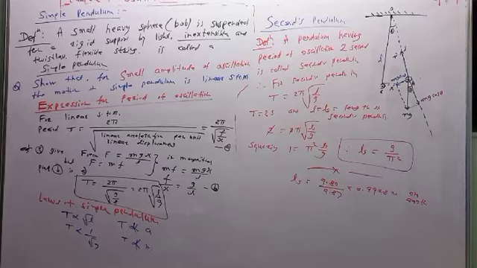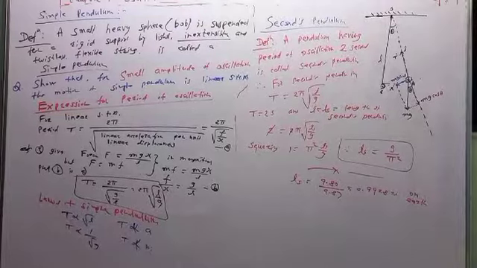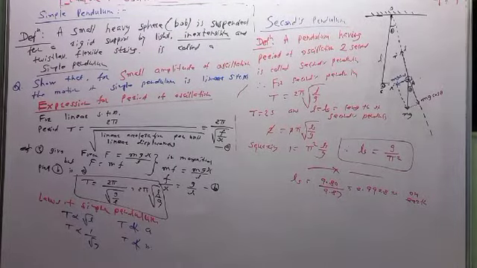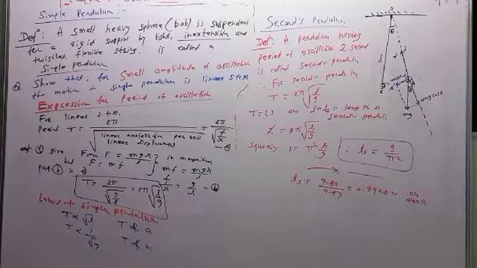So this is about the application of linear SHM as a simple pendulum. So for the simple pendulum, the motion is linear SHM. All the properties of linear SHM are verified. It is oscillatory motion, it is periodic motion. Period is given by 2 pi multiplied by under root L by g. Motion along a straight line like this. So all these properties are verified, and therefore it is linear SHM whose period is given by this, and the length of the seconds pendulum is also known like this.